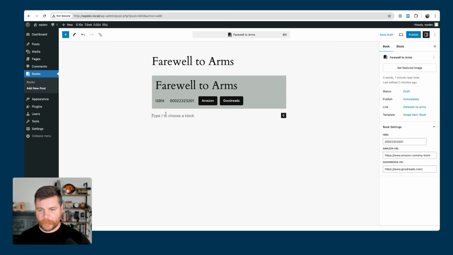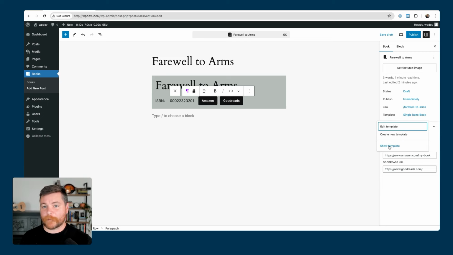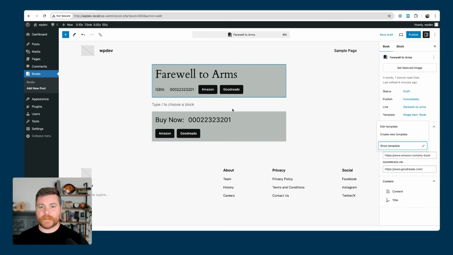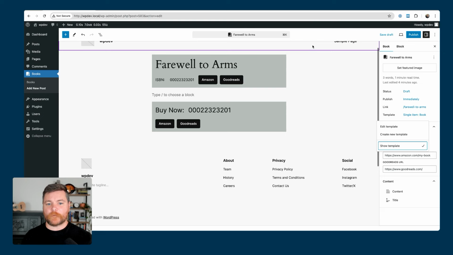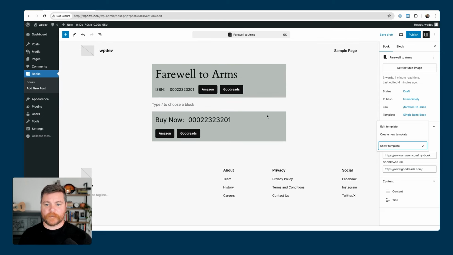So it's really showing the power of what it looks like to mix design and content, which I know people get really mad about and really don't like, but I think we're going to get to a place where this stuff is really structured and powerful, and the editing experience will be much better instead of showing, hey, some custom field. And then once you actually start to see it, I'm going to put that template view back on. Once we get to this place where whenever a user is editing content, they always get to see what it looks like on the front end,